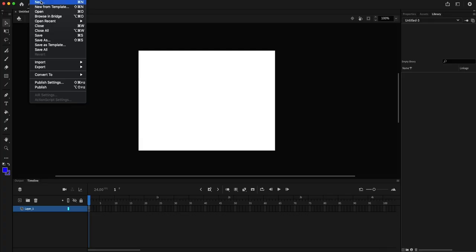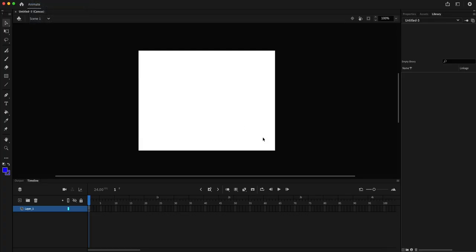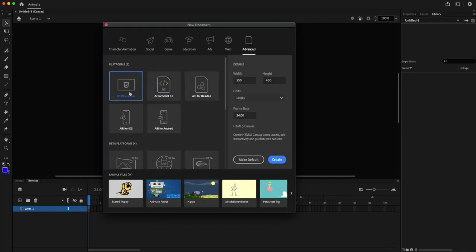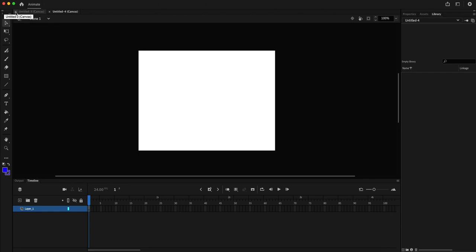So we'll start with a new project in Animate. This game is going to work only for the HTML5 Canvas document type, because the game library that I just showed you uses some of the create.js functions. So let's start creating a new document. HTML5 Canvas document. Click create,